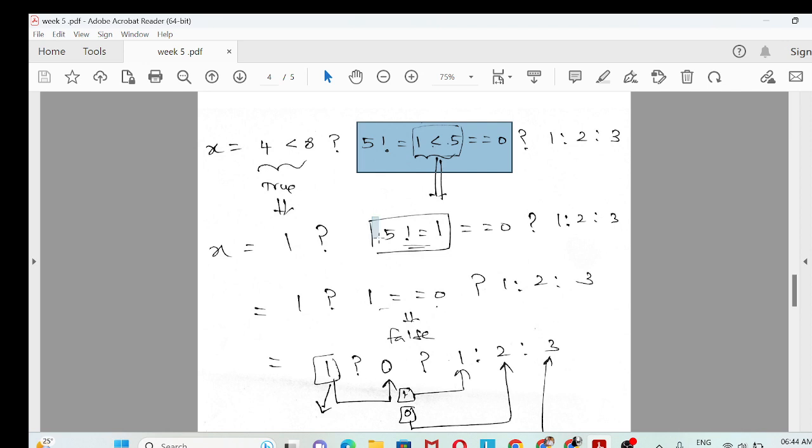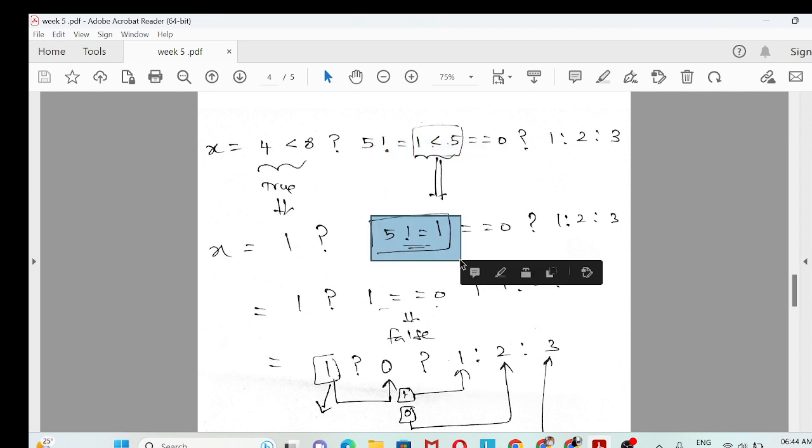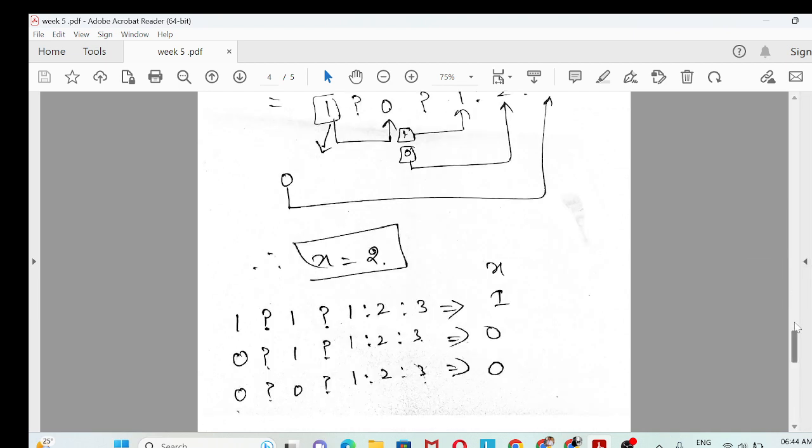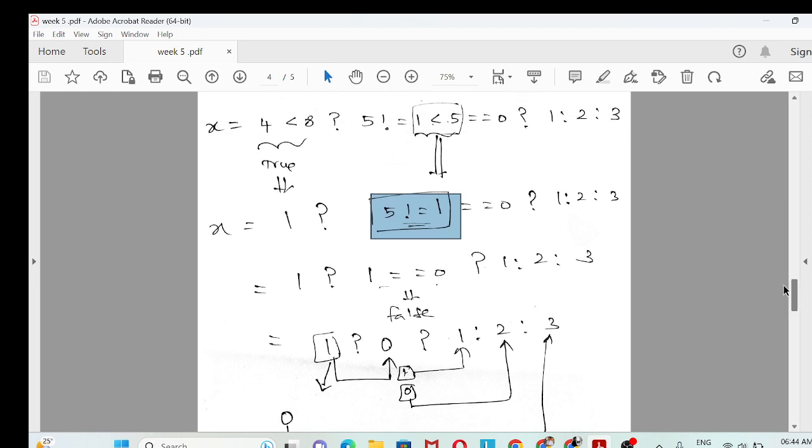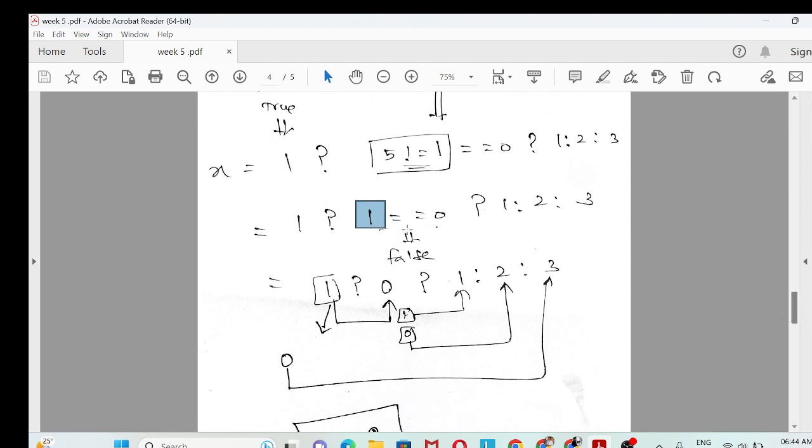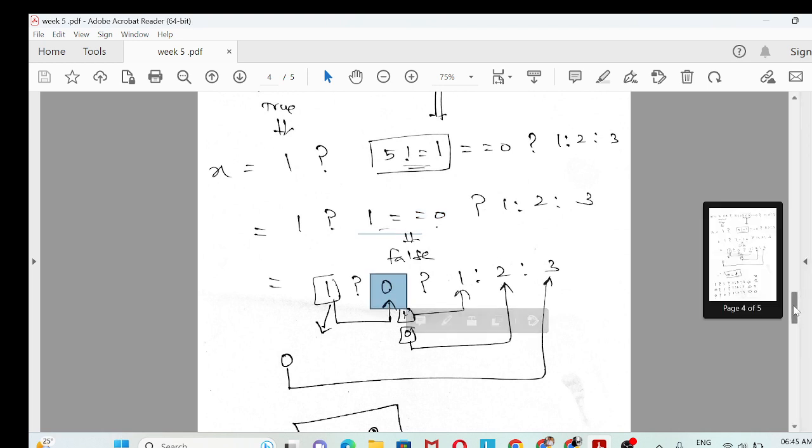So in that case, 5 not equal to 1 is evaluated, again it is also true, so this will be 1, and 1 over here is compared, which is equal to 0, that is the next statement. And if 1 not equal to 0, then this will be a false statement. Then what will happen? For false, this will print 0 here. So finally what we have got is